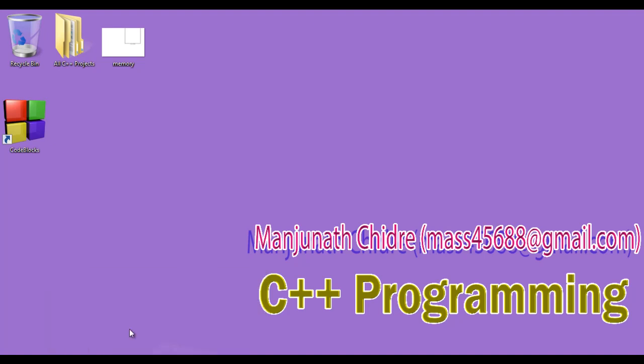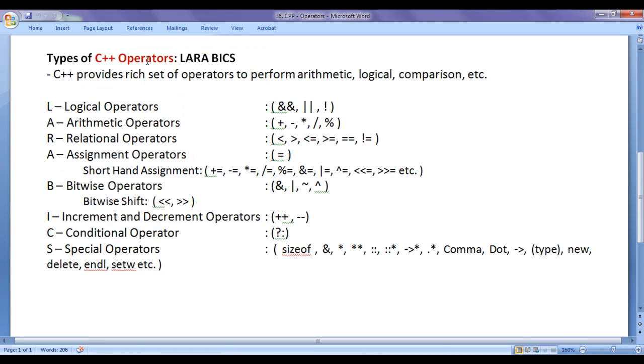From the past few video tutorials, we are trying to understand operators in C++. We know that C++ provides a rich set of operators to perform arithmetic operations, logical operations, comparison operations, etc. I told you that we can very easily remember all types of C++ operators by remembering this shortcut, LARABICS.